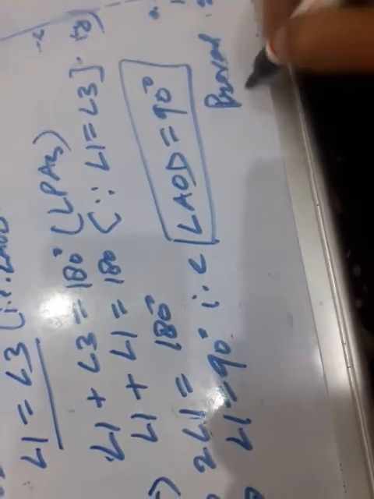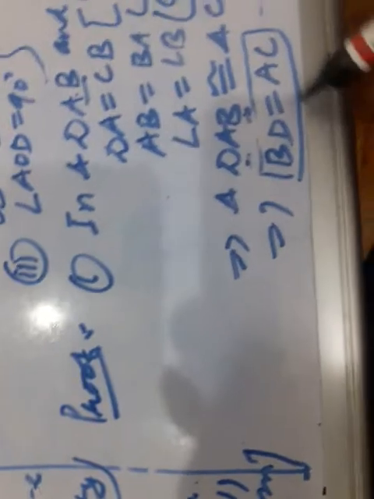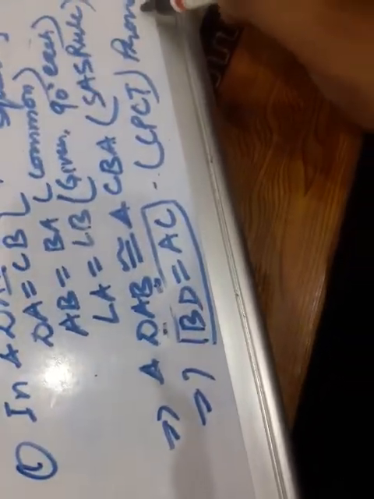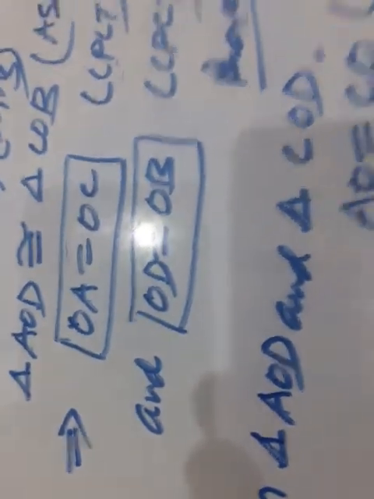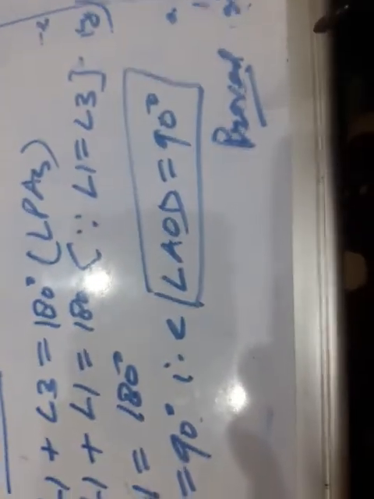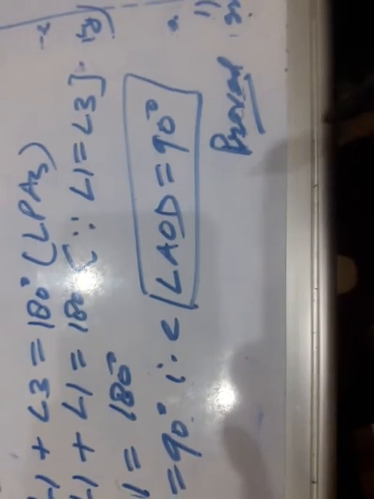So these two big questions we have taken up. First, we have proved that AC equals BD, by CPCT, that is, diagonals are equal in a square. Second, we have proved that the diagonals of a square bisect each other at right angles.